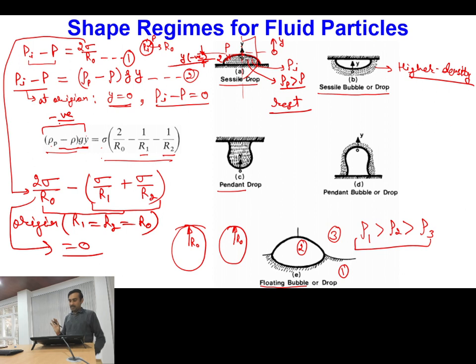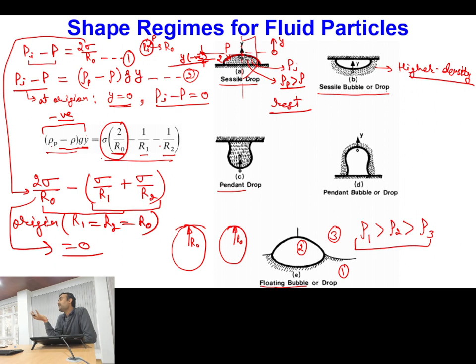Is this point clear? So if this left hand side is becoming negative, now this particular term is fixed, because here the radius of curvature is r0, which corresponds to the origin. But r1 and r2 are the radii of curvature corresponding to point number 2. Now, if my left hand side of the equation is becoming negative, then this particular right hand side should